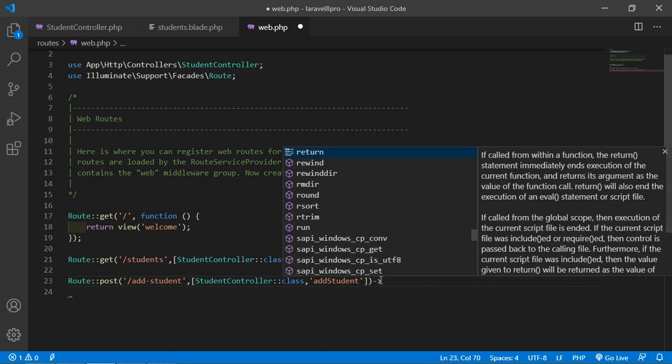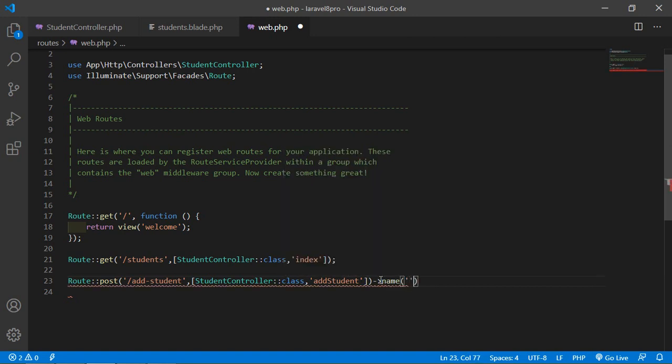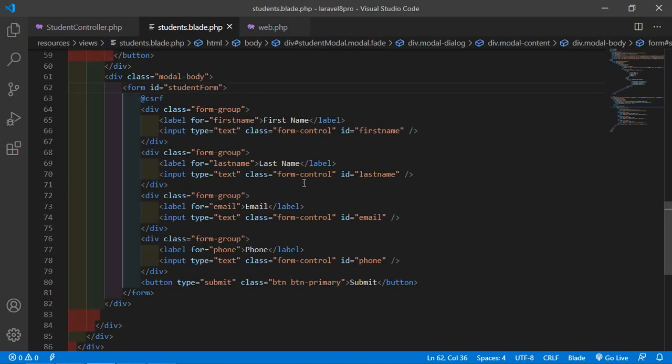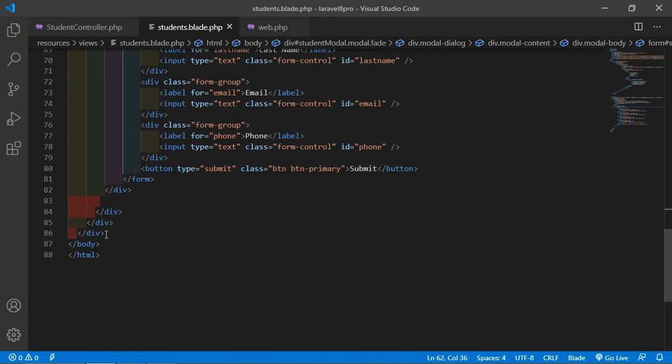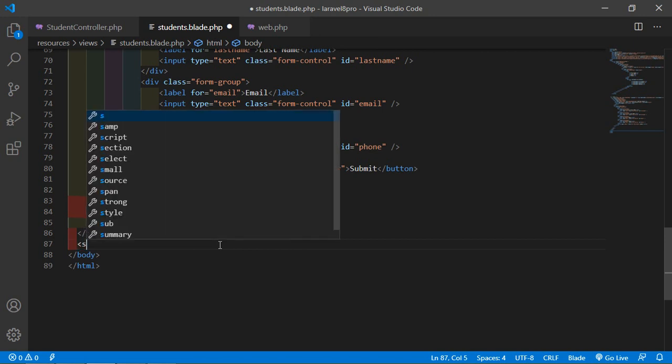Now add the route name. So just write your name, student.add. Alright, now save this file. Now go to the students.blade.php, and here just before the closing body tag just add the script tag,